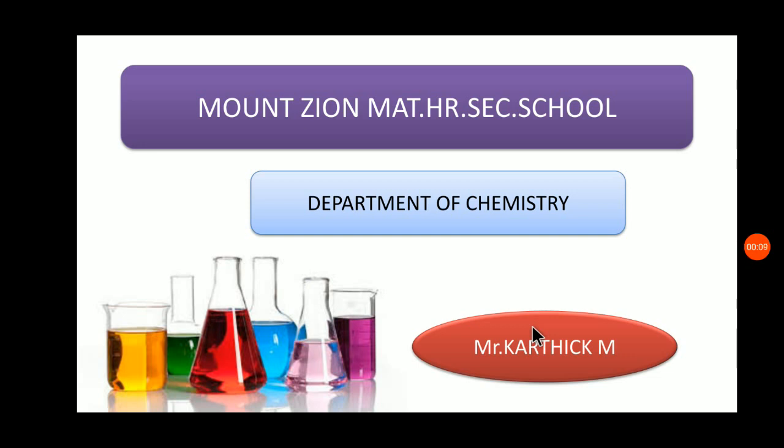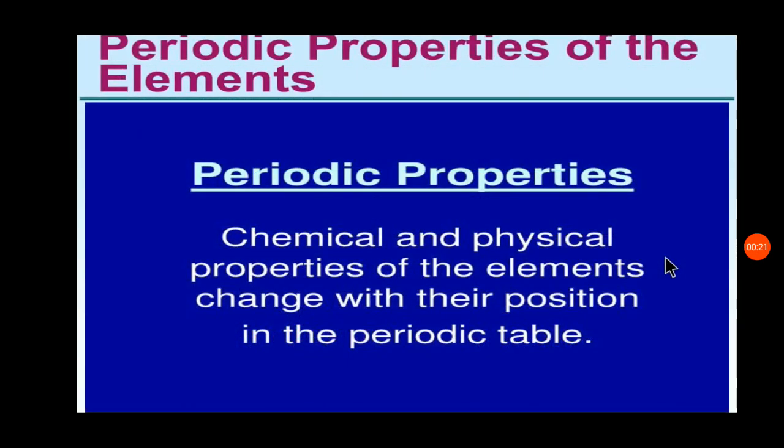In this session, we are going to discuss the bridge course for chemistry for 11th standard. Now I am going to discuss the periodic properties of the elements. What is a periodic property? The repetition of properties of elements at regular intervals in the periodic table is called periodicity properties. The periodicity is mostly due to similar outermost electronic configuration. That means the elements present in a group have similar properties.